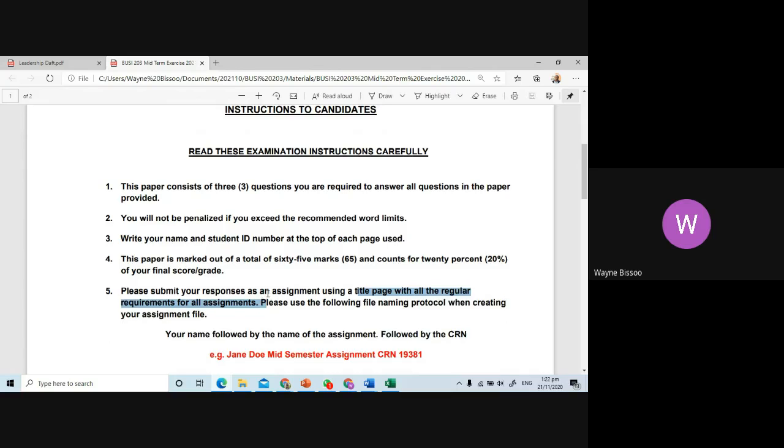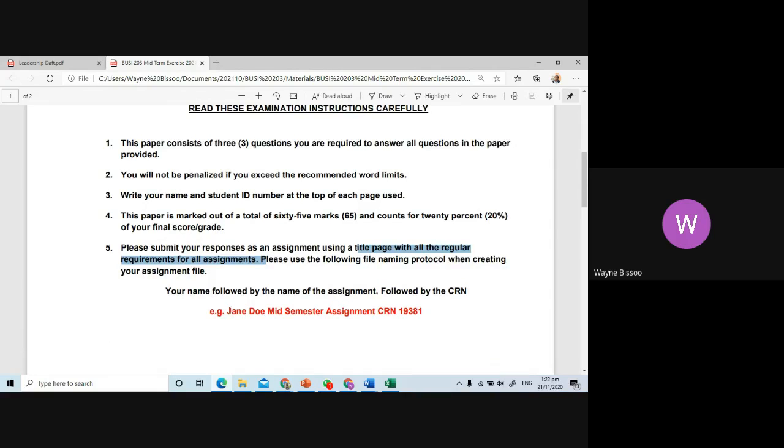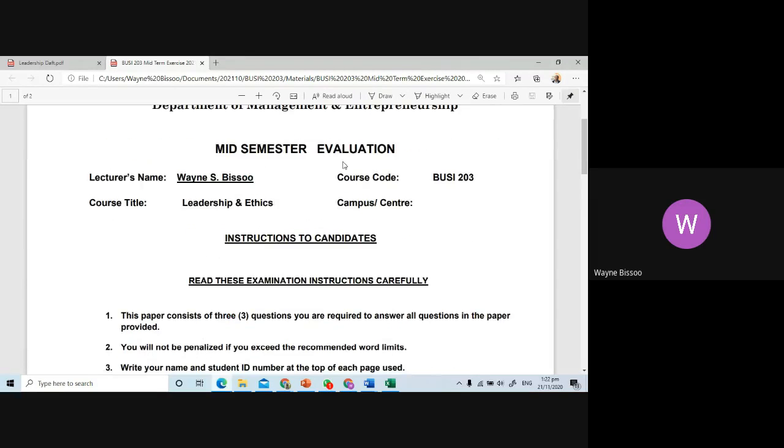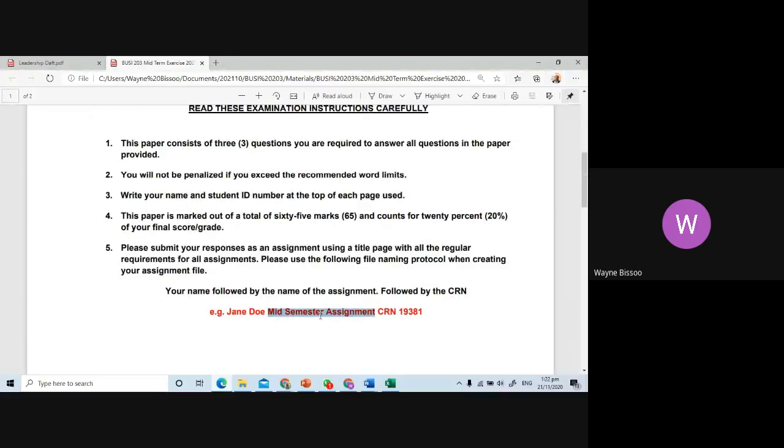And when you are saving the file, use this format. For me, it'll be your name followed by the title of the assignment, so in this case the mid-semester assignment, and your CRN. Now the CRN for your class is 19383, so try and remember that. That information helps me to separate your work, and of course you're going to submit it into the e-classroom